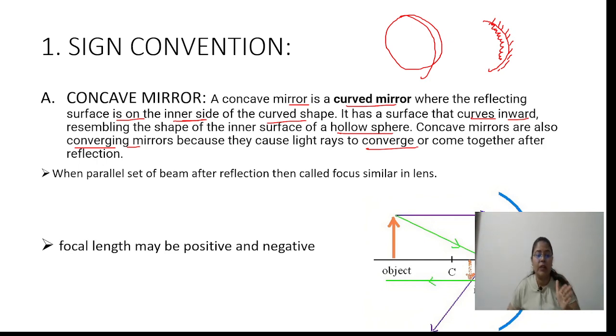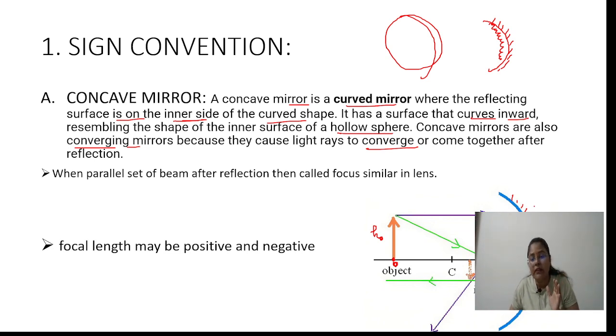When we take an incident ray, let me start the sign convention here. Take a concave mirror like that; the polished side is outward and the inner side is reflecting. The object is placed here, the object height is represented by HO, and the point where the object is placed is called O. The light comes from here and is put on the principal axis; this black line is called the principal axis, PA. The intersecting point on the concave mirror is called the pole.